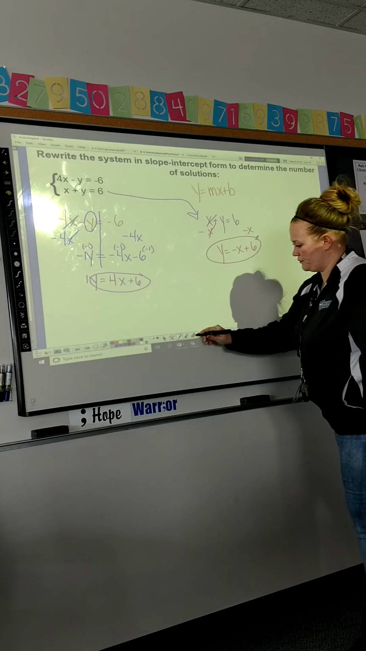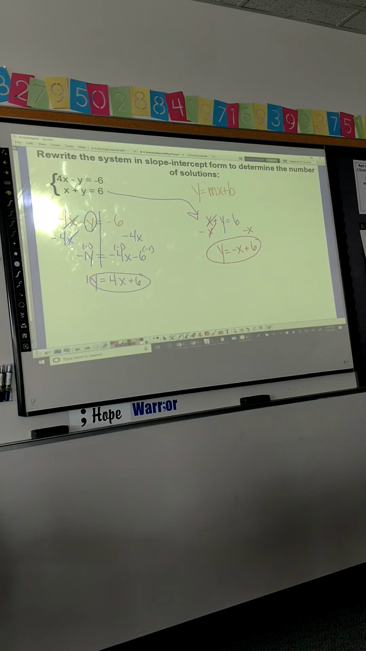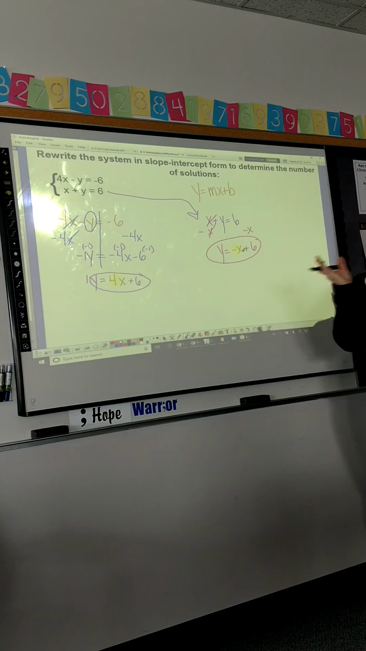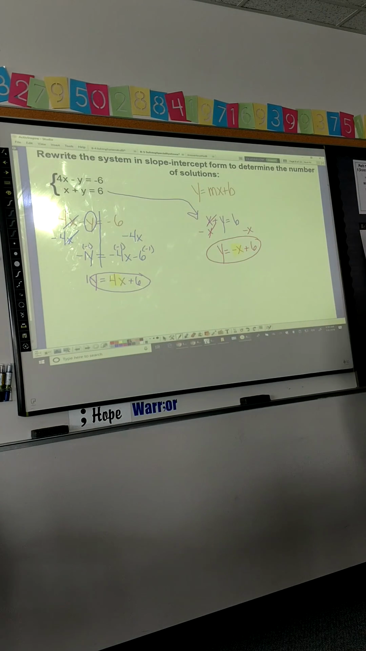All right. Just by looking at this, how many answers will there be? 1. How do you know one? Because the slopes are different, but the y-intercepts are the same. Exactly. The slopes are different, which means they're not parallel, and they're obviously not the same line because the equations look nothing alike. So what happens is every time I introduce to you guys, hey, sometimes we have no solutions and infinite solutions, and then I give you